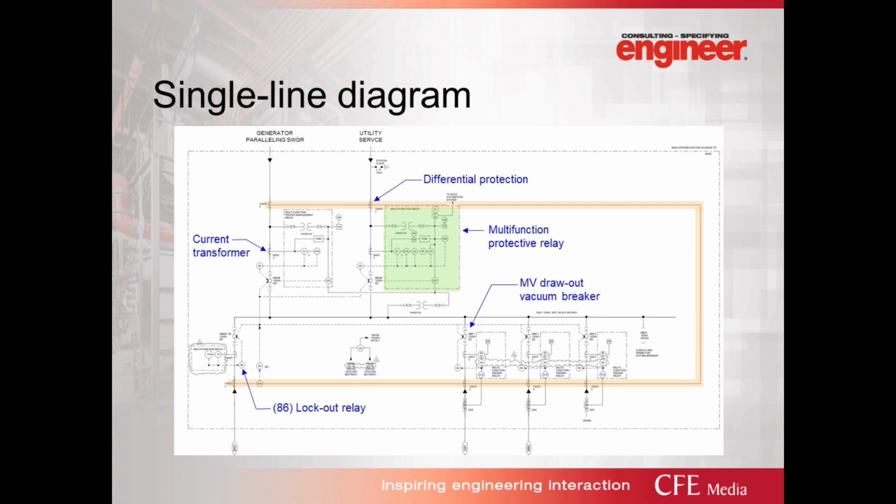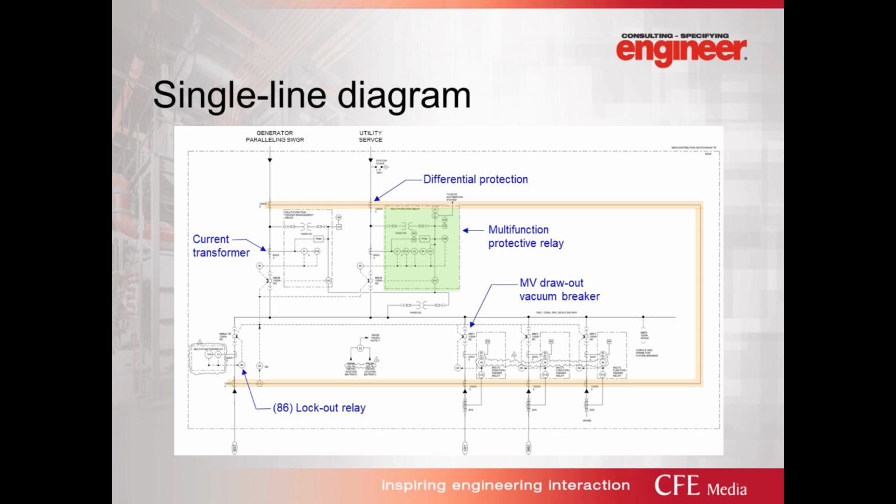Another thing you'll see on medium voltage is the 86 lockout relay. For this particular single line, we have a utility feeder coming in and then a generator from a generator plant. The relay on the utility feeder would sense the undervoltage and tell the generator plant to start, the generator plant would close in, energize the generator feeder, at which case the utility breaker would open,